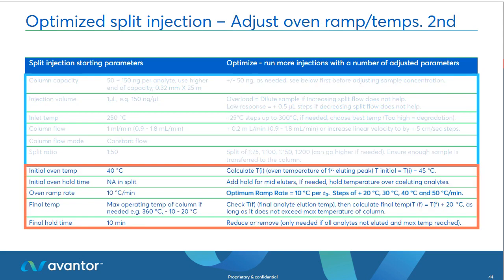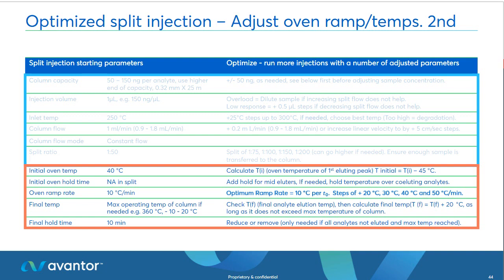So when we have a look at optimizing then the oven ramp and the temperatures, we have an initial temperature of 40. We can actually calculate the initial oven temperature of the first eluting peak and then minus 45 degrees. That's a really good place to start. And obviously then you can optimize as needed. The initial oven time, hold time, we don't have one for split injection, but you can add hold times over maybe analytes that are mid-eluters and maybe the co-eluting. You can add little holds over those peaks